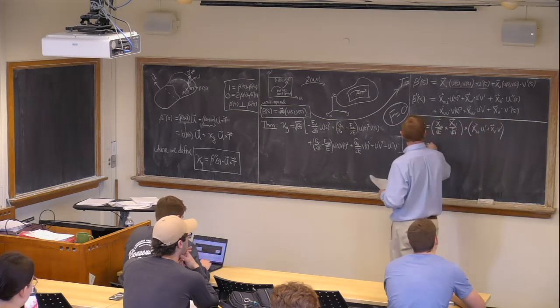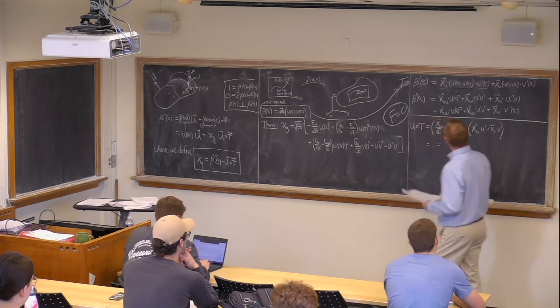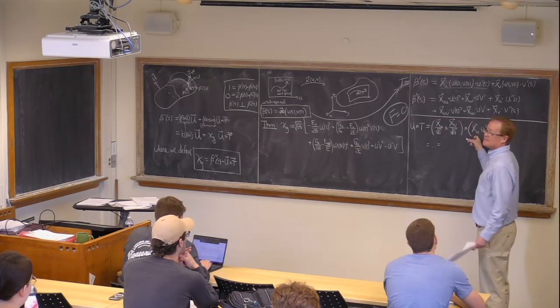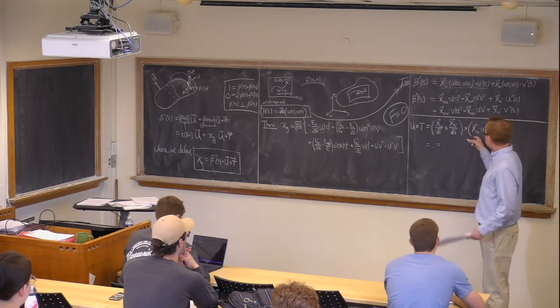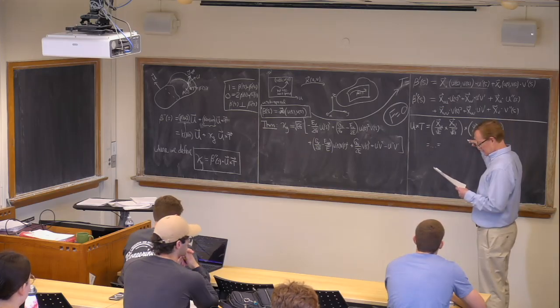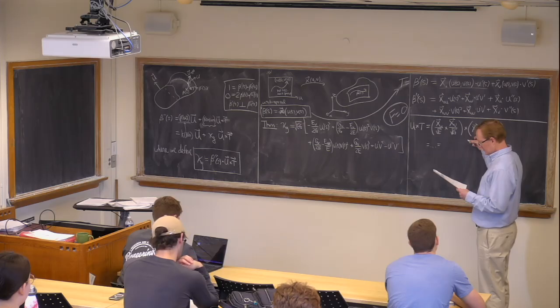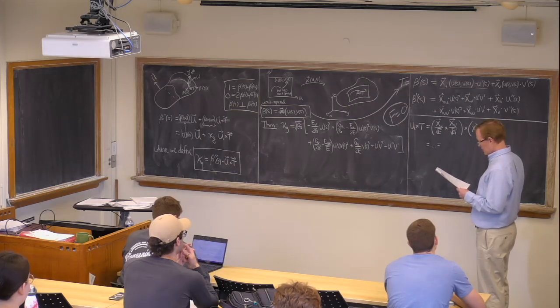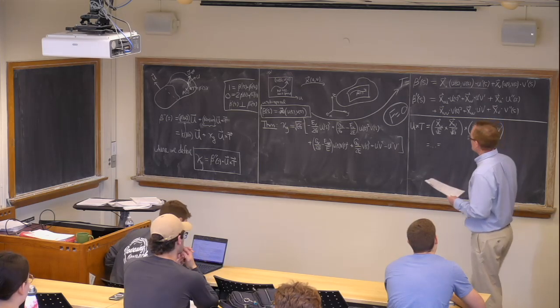And if you simplify this, dot, dot, dot, what am I going to do? Any vector cross itself is 0. And so,